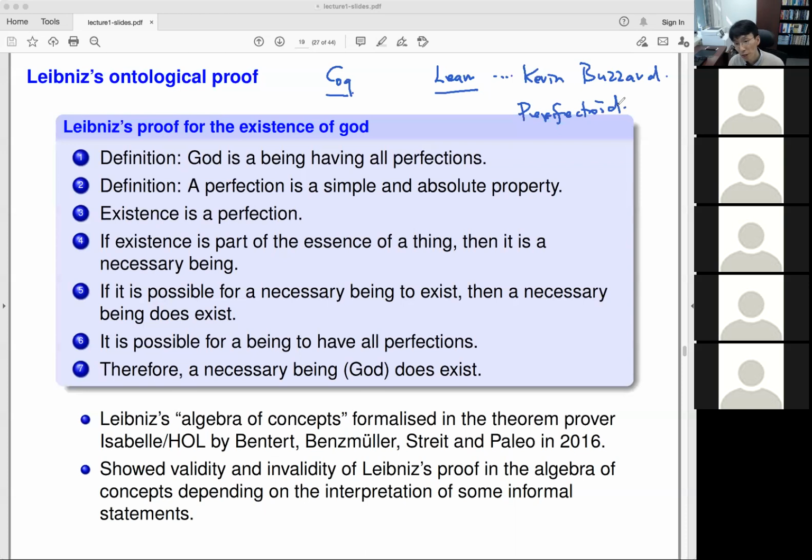So this is the work by Scholze, who got the Fields Medal last year, in the past ICM. And this is one of the most fancy or most popular mathematics that people study. And then Kevin and his colleagues formalized this perfectoid inside the Lean theorem prover, so that people can do formal reasoning about perfectoids. So there are some interesting developments of new types of formalization of math. They care a lot less about the foundational questions, but they want to formalize modern mathematics or research level mathematics in the theorem prover, partly because